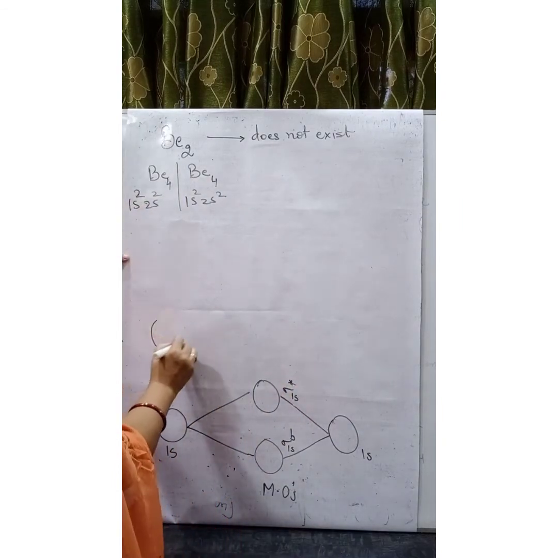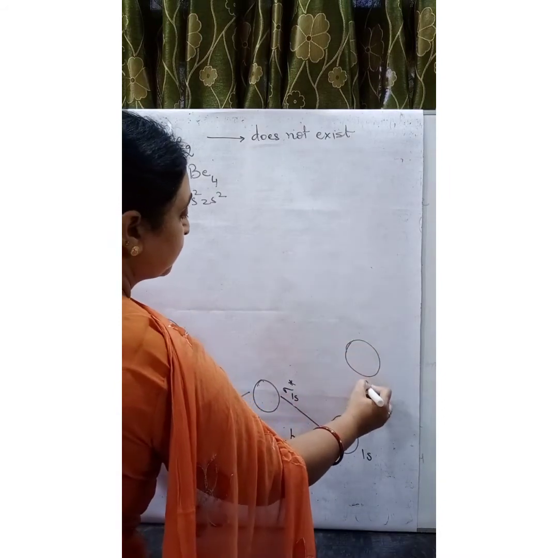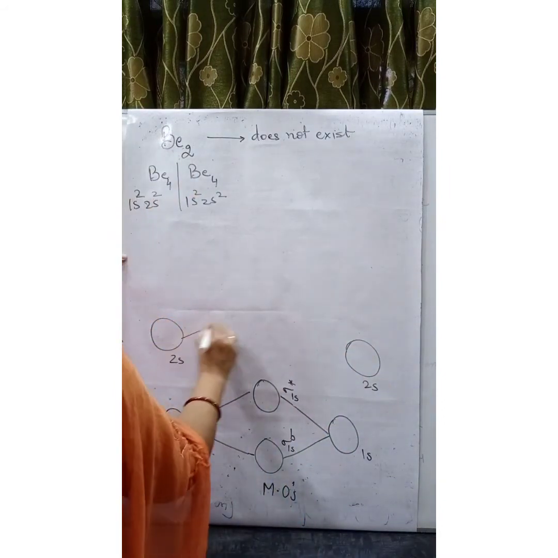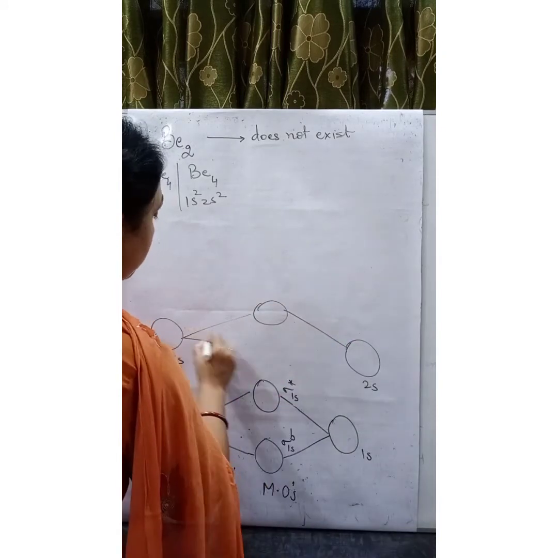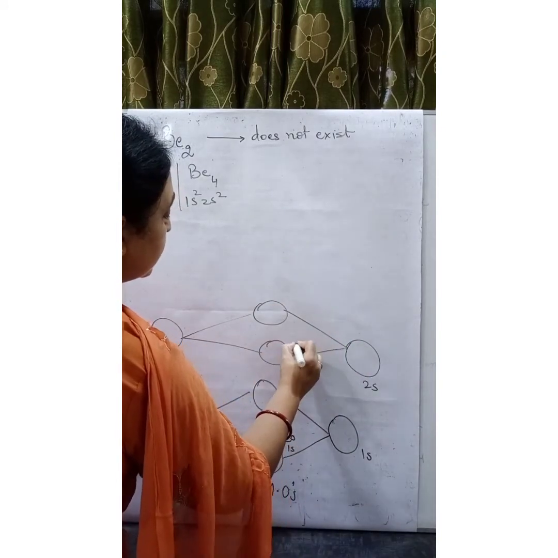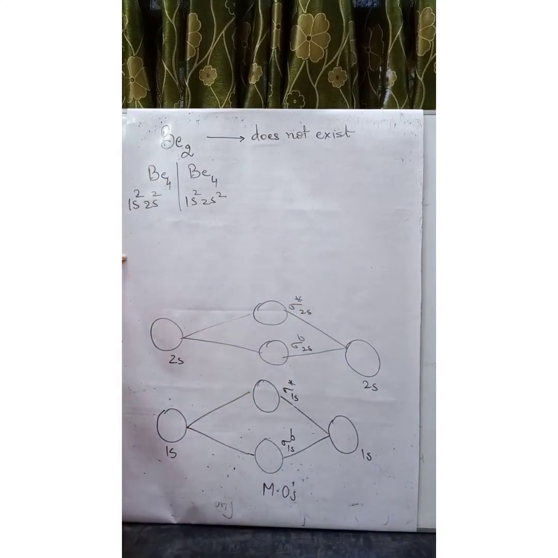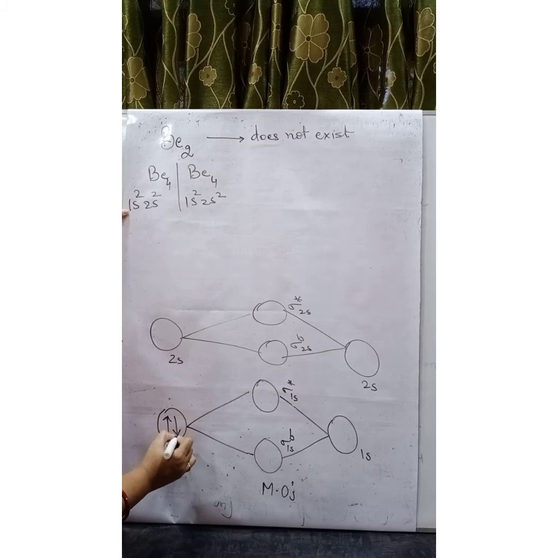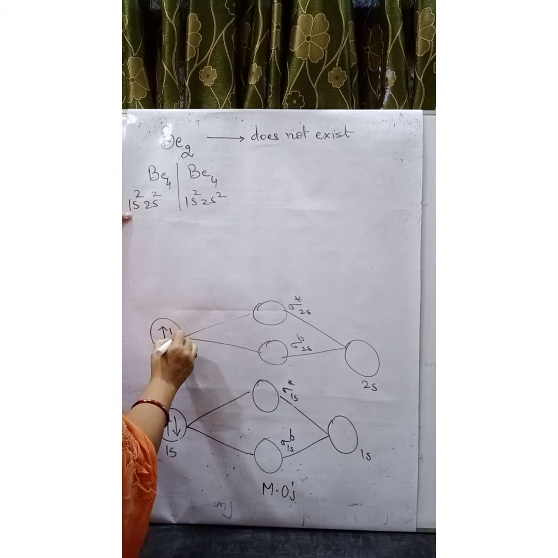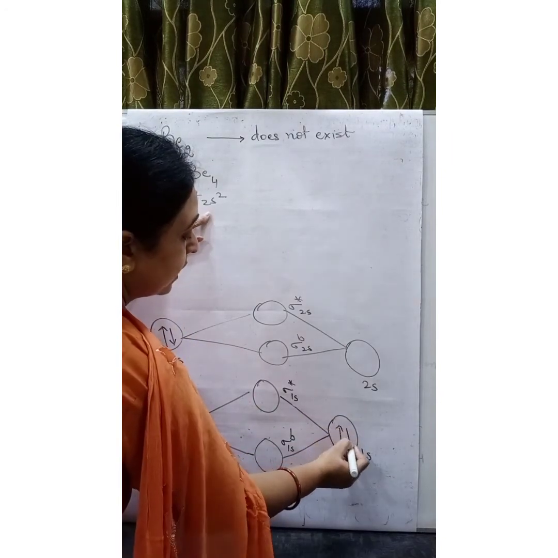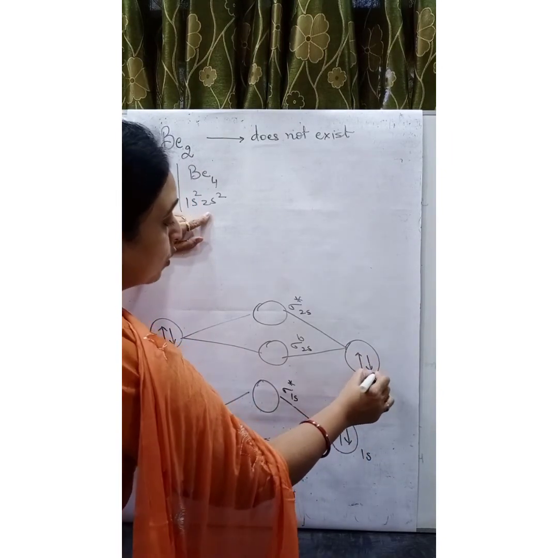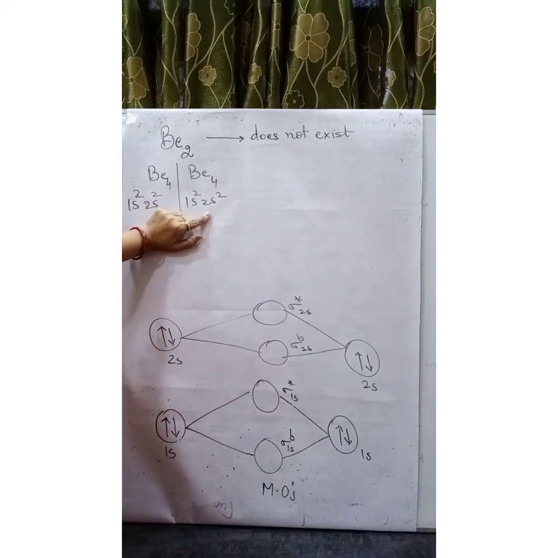Then the next one is 2s. It combines to form bonding and anti-bonding, sigma bonding 2s and sigma anti-bonding 2s. Now fill the electrons for this particular atom on the left hand side, 2 electrons, and while filling the electrons all the rules of filling are followed. 2 here. For this one we can fill 2 in, right? According to Pauli, no 2 electrons can have all 4 quantum numbers the same.